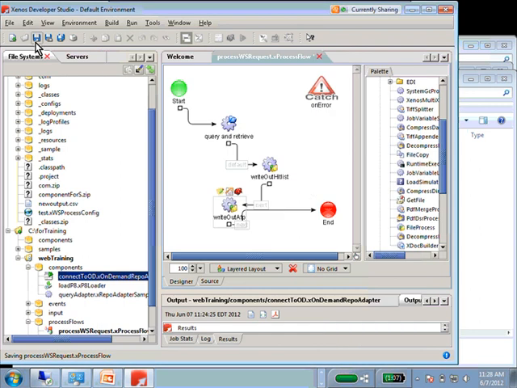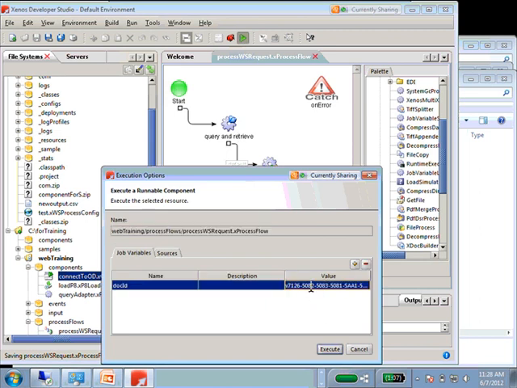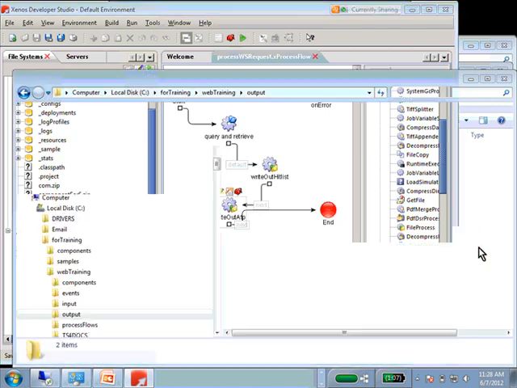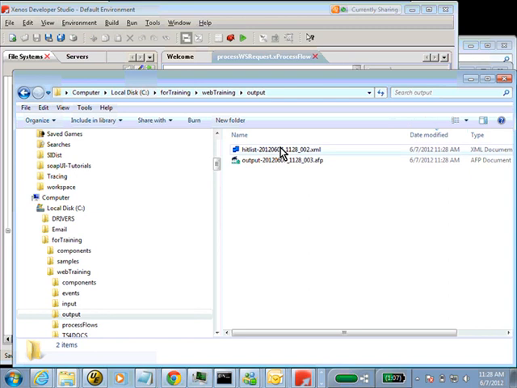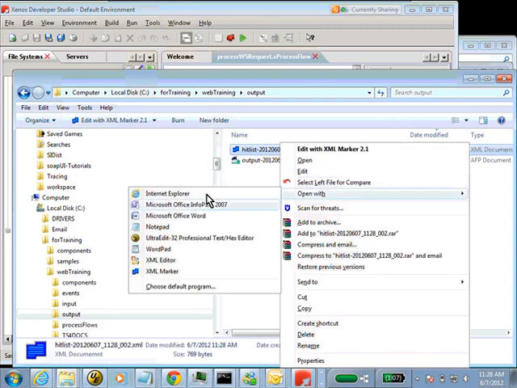Click OK. Save it. And now when I run this, it's going to create those outputs, hopefully. It's just going to create this variable, keep this variable the same because I didn't copy down the other one. And when I execute it, we can see that the XML gets created. If I open that with Internet Explorer,